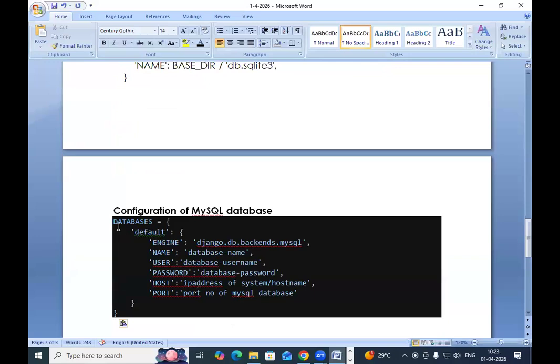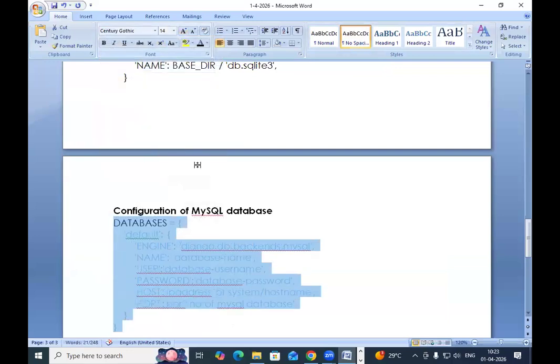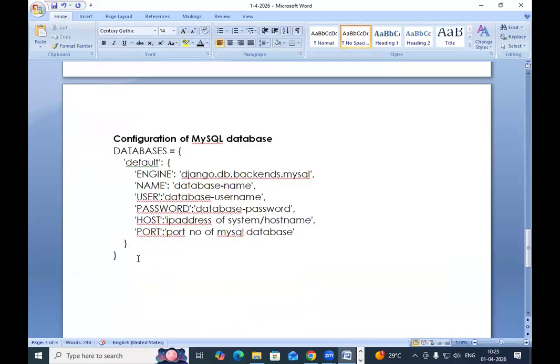But what is the engine you choose? What is the name of the engine? MySQL. The name of the engine is MySQL. Name of the library is MySQL. The next configuration of